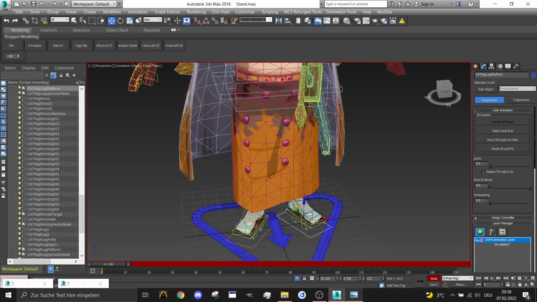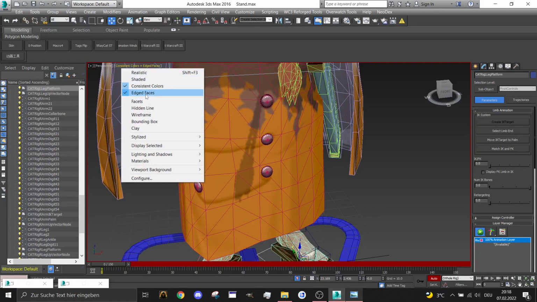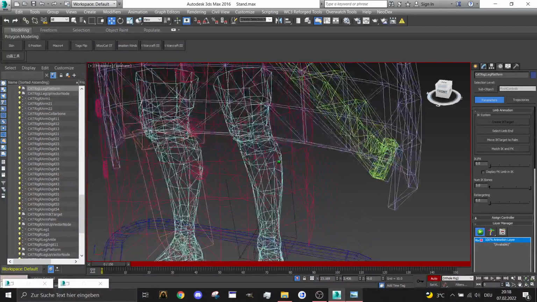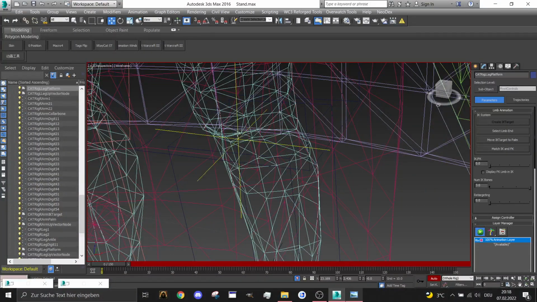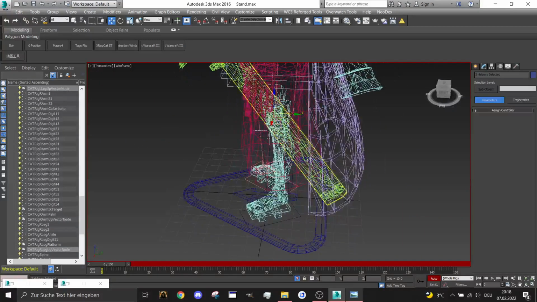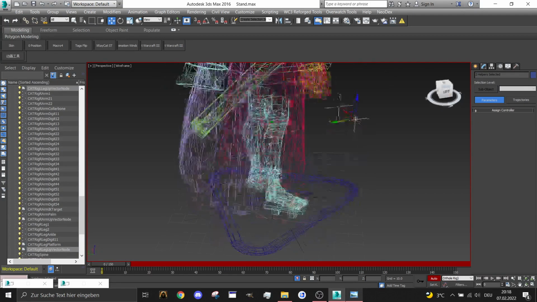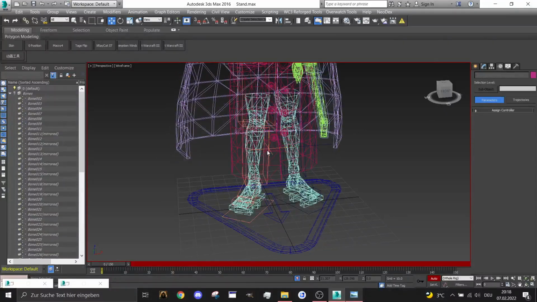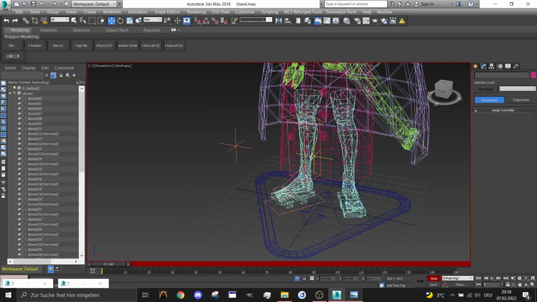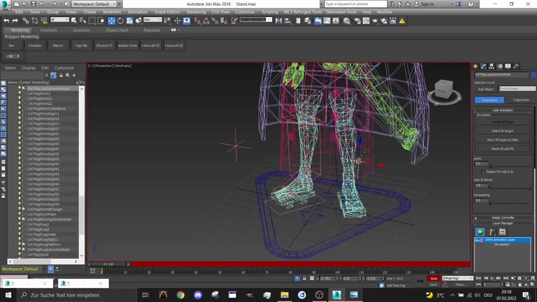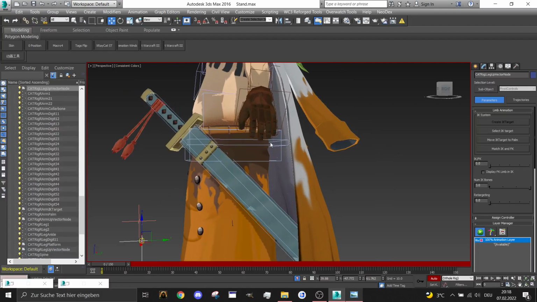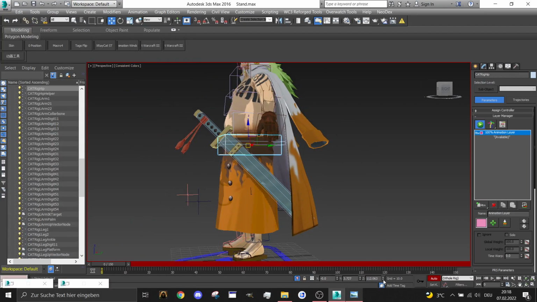So make sure we select our knee targets. We can use wireframe here, and then our knee targets, it's this one here inside the knee and the other one, and we're gonna move them outside like that. So, and then we also turn the knees in the right direction of the foot. Okay, good, that's good. What we're gonna do next is select our hip and let him go a little bit down